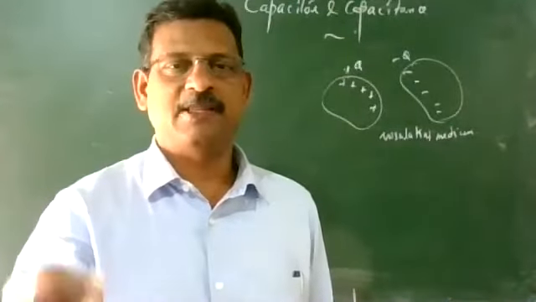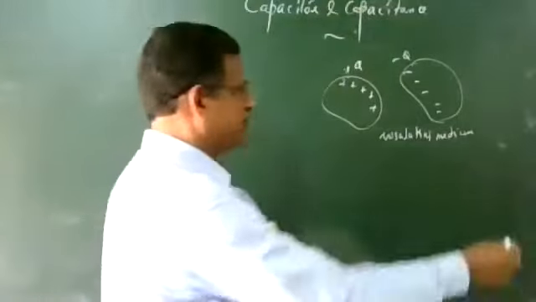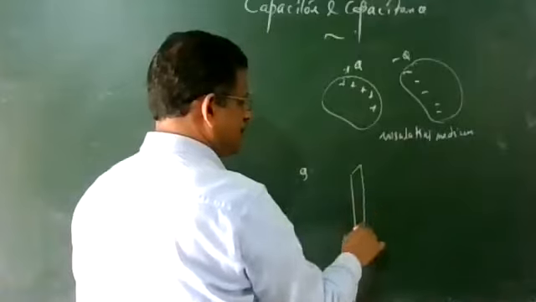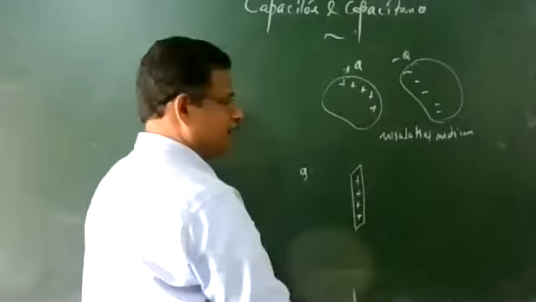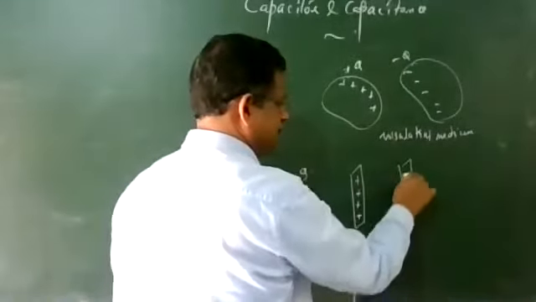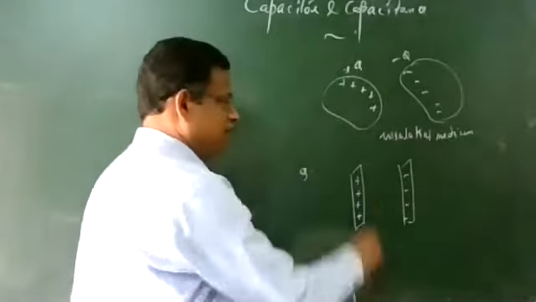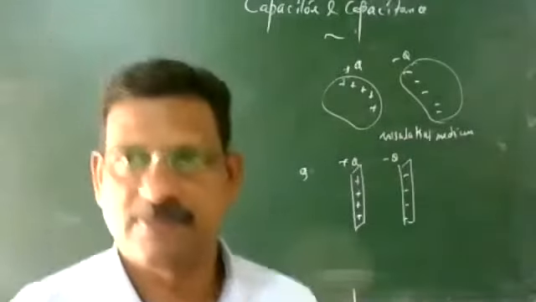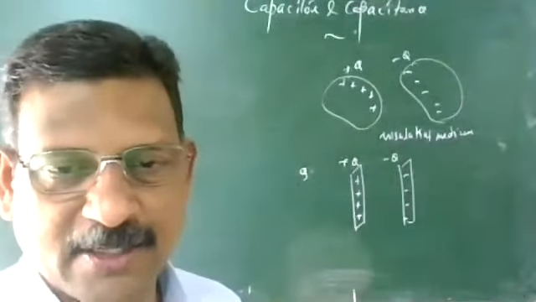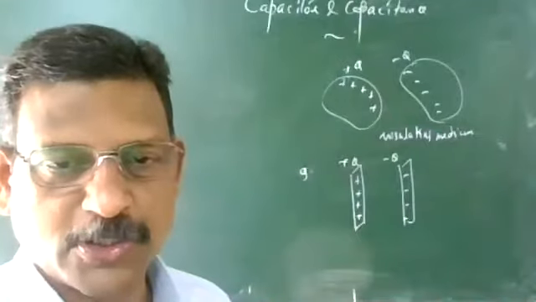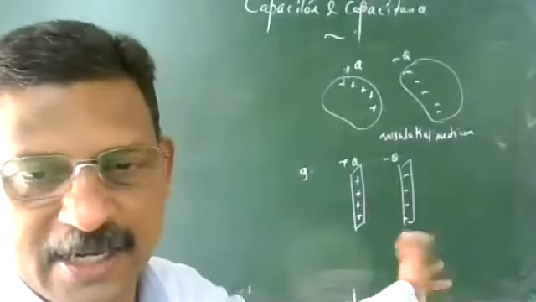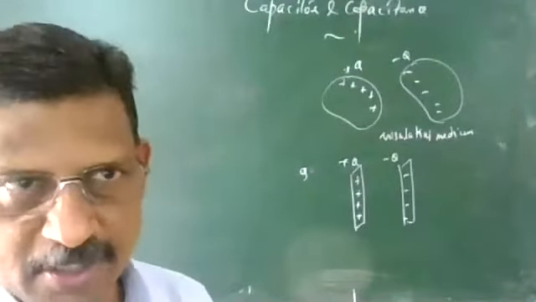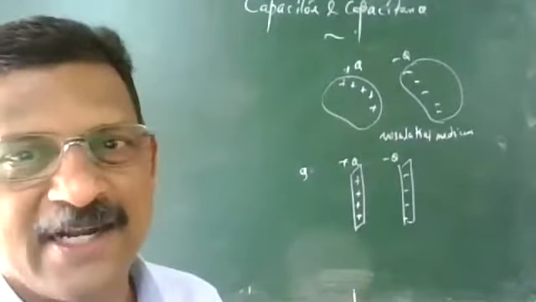The conductors can be in the form of parallel plates, depending upon the shape. I am giving examples. The first conductor can be a plate, and the second conductor will be negative, so this will be plus Q charge and minus Q charge. We are already familiar with this kind of arrangement from the application of Gauss's theorem. One is a positive plate; these are the parallel plates. Or it can be concentric spheres, or coaxial cylinders, and so on.